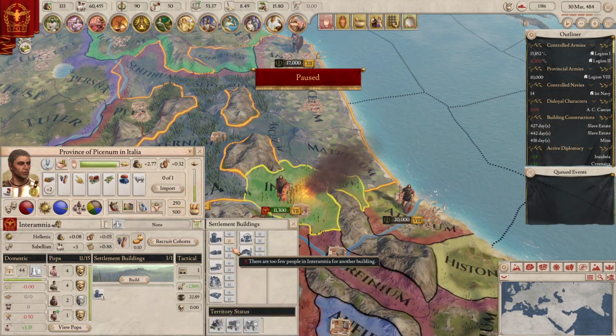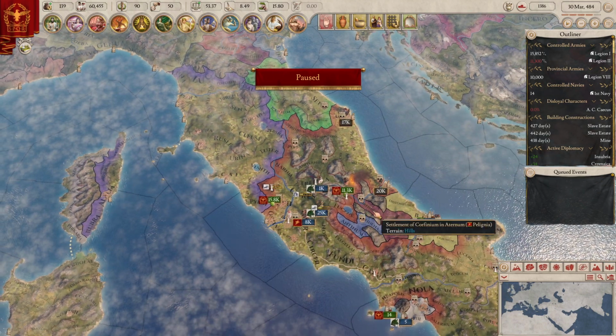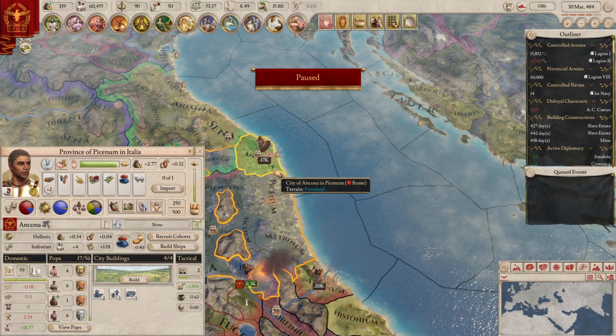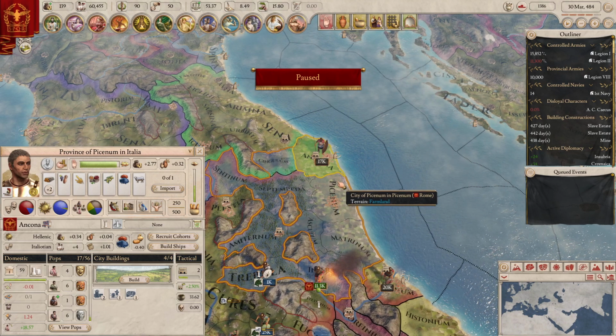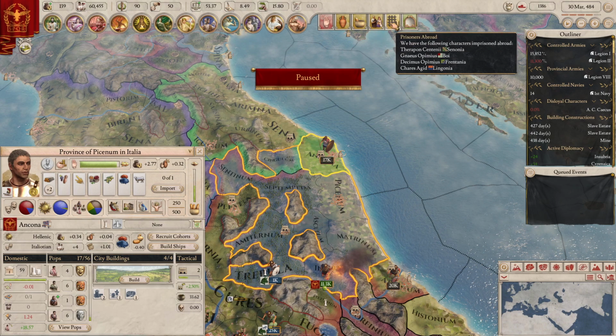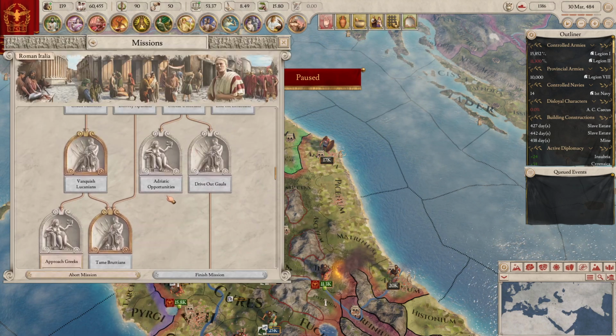Here I don't really need, in this settlement, we're going to get rid of that one because they are really our allies and I don't need a fort down there. Here I'm going to keep because it's quite useful. This one I'm also going to keep because it is incredibly useful. Where is the capital of this province? I can either leave it in... Actually, no, what we're going to do, I'm going to do the mission because I think we've got the...